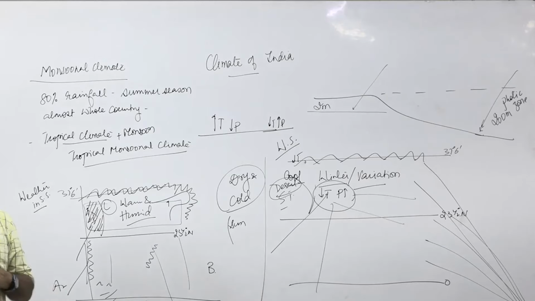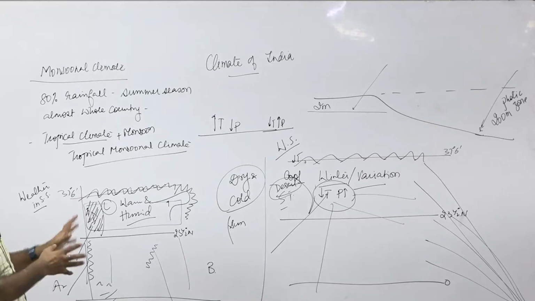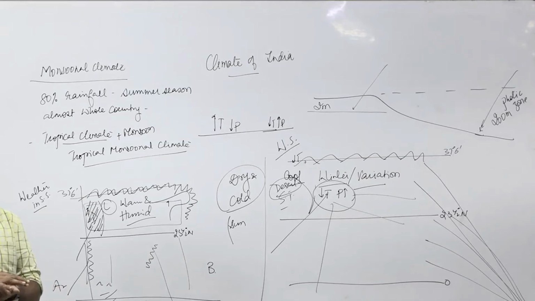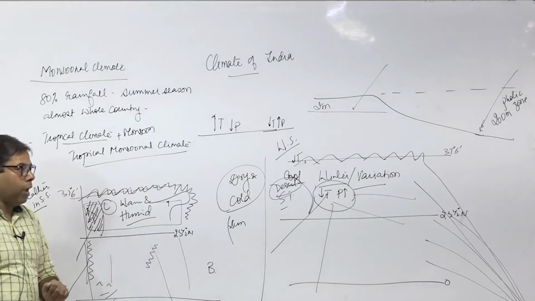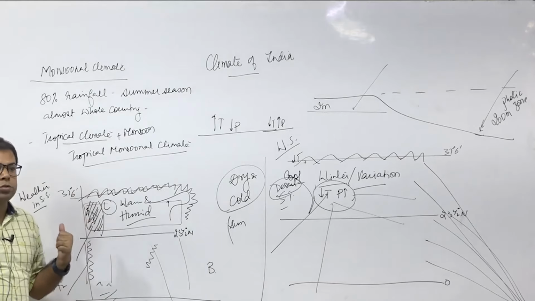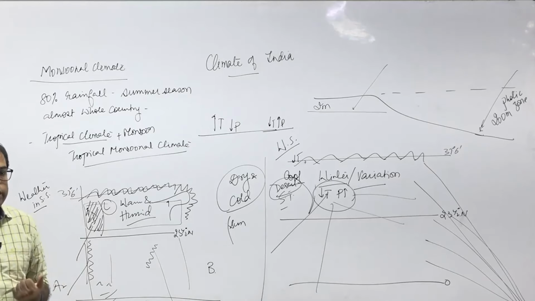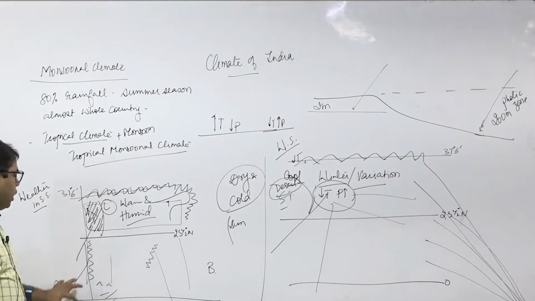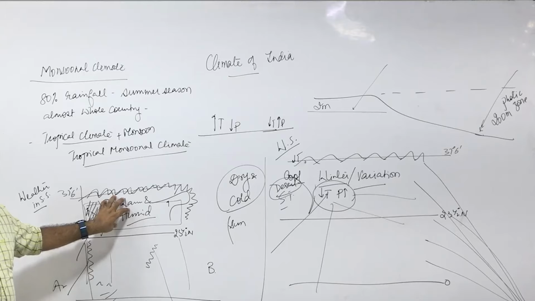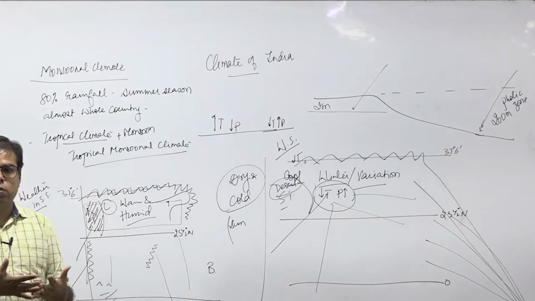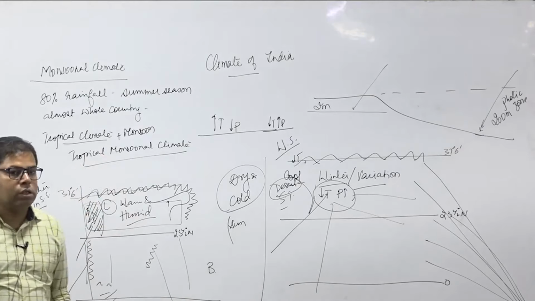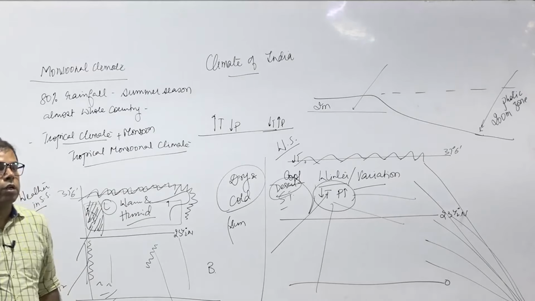Is it clear? Temperature variation and the thermal condition are responsible for the origin of monsoon over India. So the heating of the land in northern India is the primary factor for the origin of monsoon. It means the more the land is heated, the better the monsoon will be. The more intense the heating, the more the winds will reach India. If this is not heated, then the pressure will not be adequate to pull the wind from the surrounding areas, so that area will remain dry. Monsoon or rainfall will not occur.